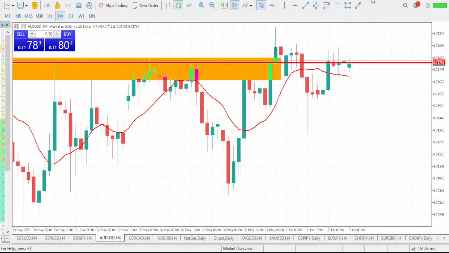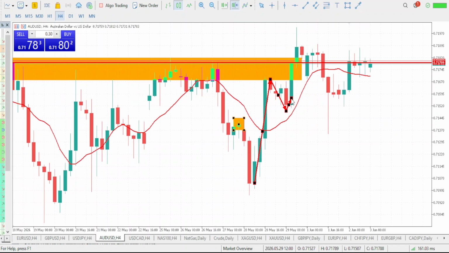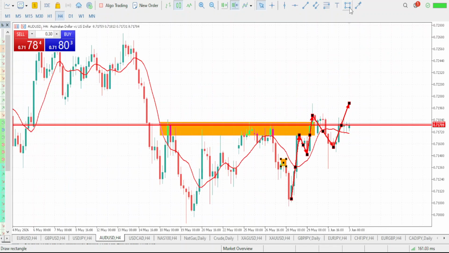Now let's zoom in right here, guys. Market was able to push up to take out this previous lower high, right? Then it was able to pull back again. Market then pushed up again to form a new high, and then it pulled back to form a higher low. Now the market is pushing up, so we should expect that push up to continue till it is able to take out this new high, thereby forming a new higher high. So a bullish move is what we should be expecting.